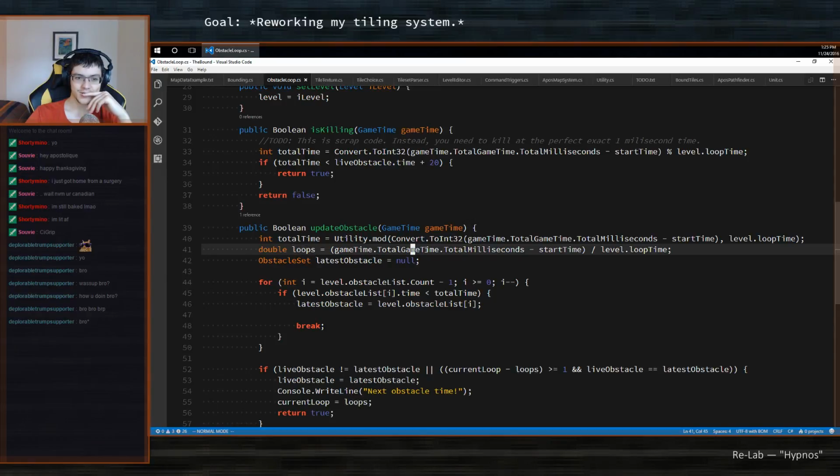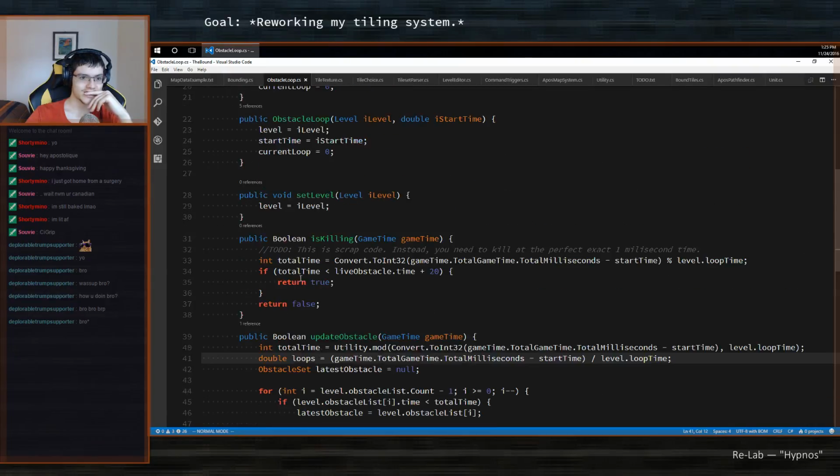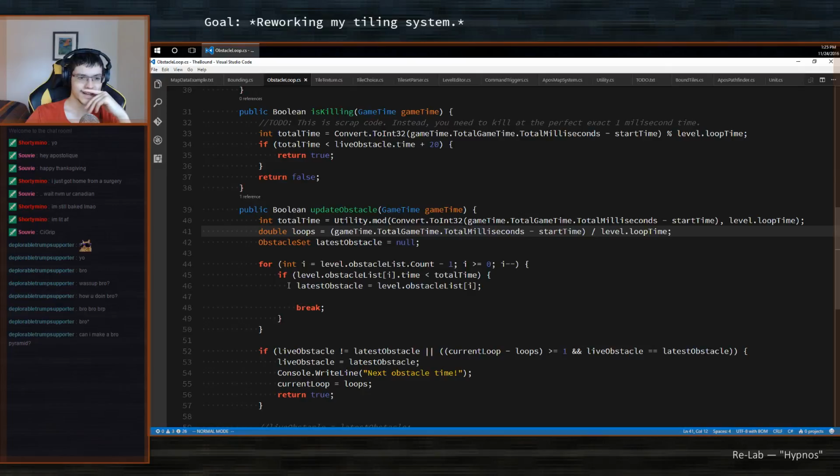This is like so dumb. This whole code that I just wrote is like really bad.